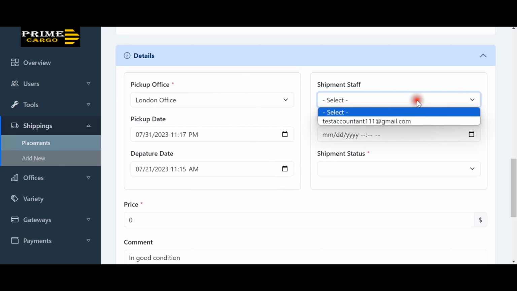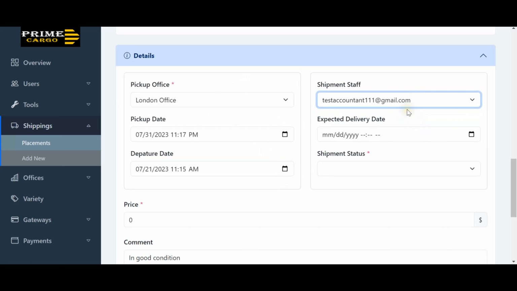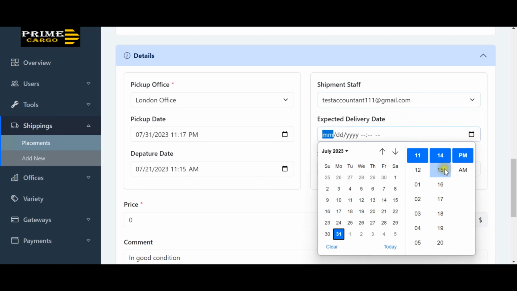Then the shipment staff, who is shipping. So you can see the list of all the staff that the admin created. Staff are still part of the users. It all depends on the role the admin gives to the user. So, expected delivery date,